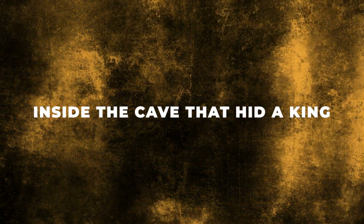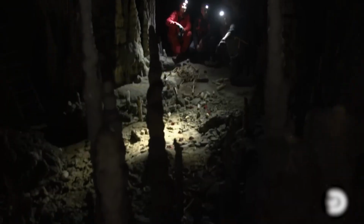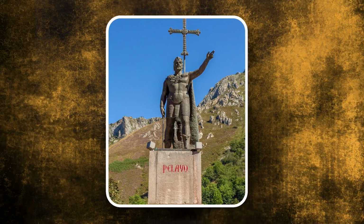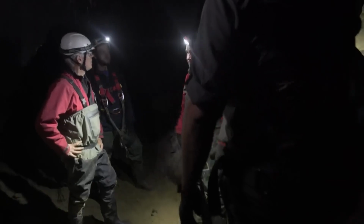Inside the cave that hid a king. The episode is cleverly titled Unveiling King Pelayo's Hidden Tomb. We're taken deep inside the Llama Cave to a part that stayed the same since the days of King Pelayo, a famous king from Spain's history. Our main goal in this exploration is to dig up proof that